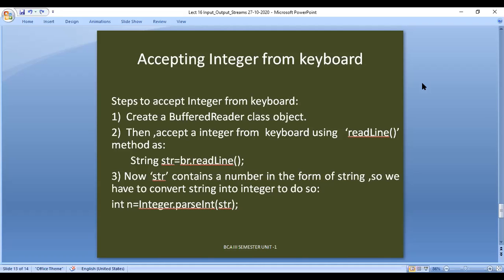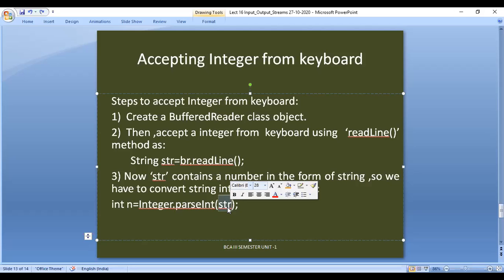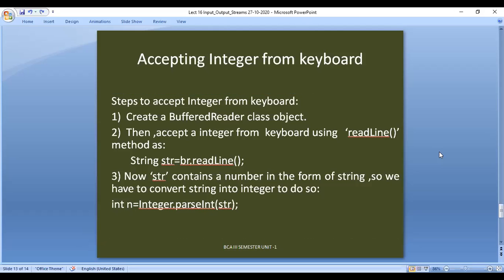So str contains the string form of integer data that will be converted into an integer by using the parseInt method of the Integer class. This is the parseInt method, which is part of the Integer class, which will convert the string which contains the integer data 20, and the converted data will be stored in a normal integer data type. I think everyone understood this.